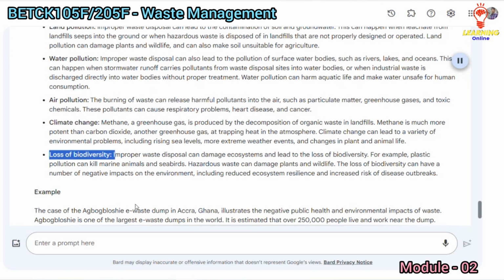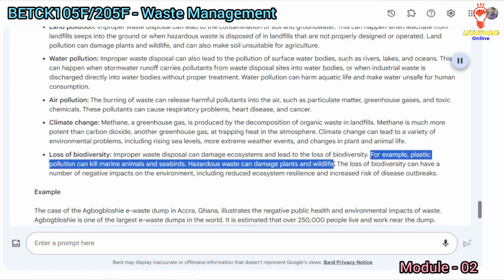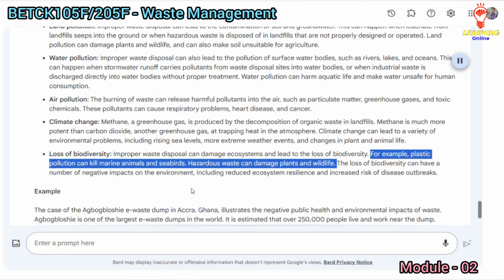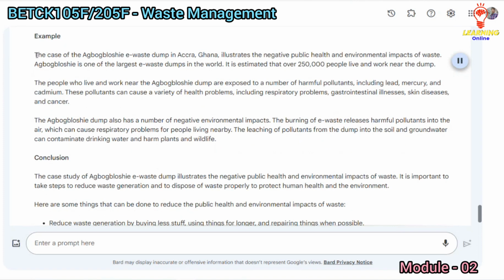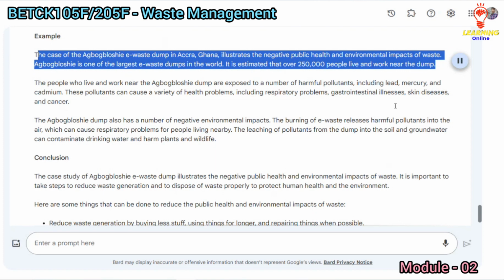Loss of biodiversity. Improper waste disposal can damage ecosystems and lead to the loss of biodiversity. For example, plastic pollution can kill marine animals and seabirds. Hazardous waste can damage plants and wildlife. The loss of biodiversity can have a number of negative impacts on the environment, including reduced ecosystem resilience and increased risk of disease outbreaks. Example: the case of the Agbogbloshie e-waste dump in Accra, Ghana, illustrates the negative